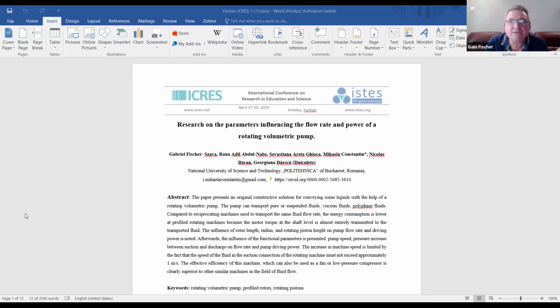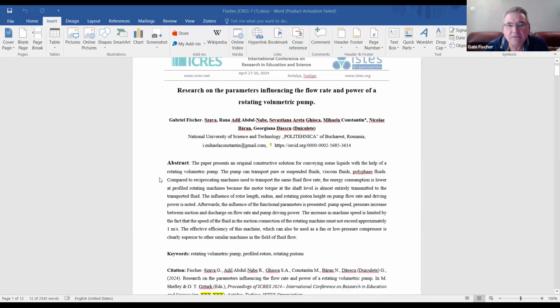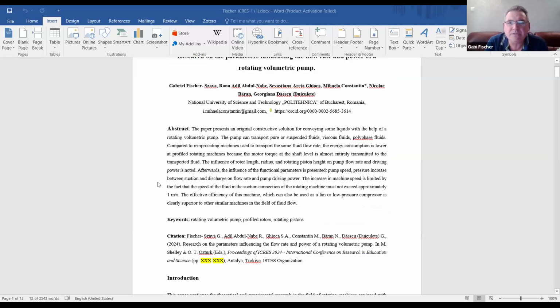So here I present the research on the parameters influencing the flow rate and power of a rotating volumetric pump. In this research, we present the original constructive solution for conveying liquids with the help of a rotating volumetric pump. The pump can transport pure or suspended fluids, viscous fluids, polyphase fluids,